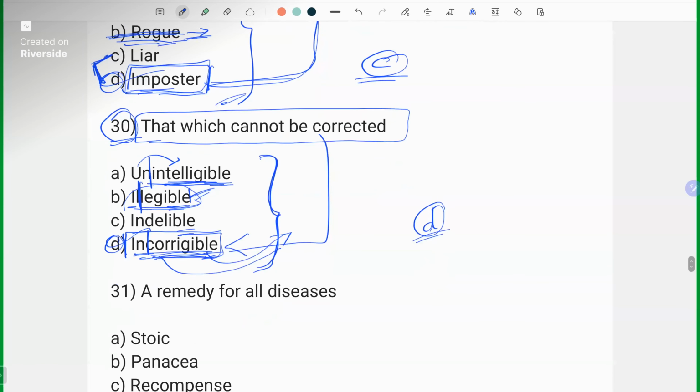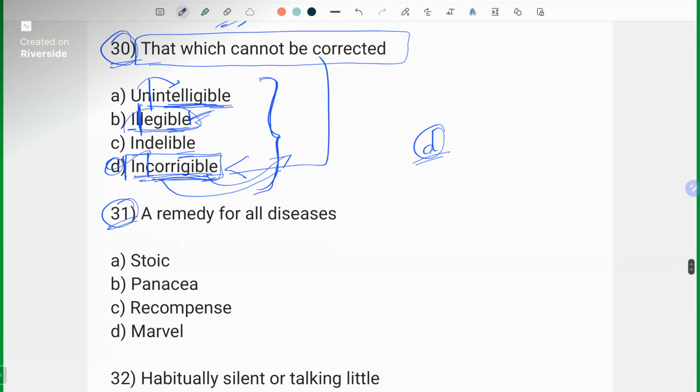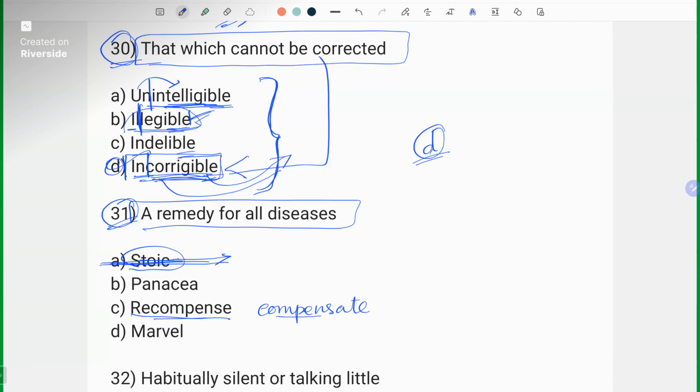Remedy for all diseases. Give me a minute. A remedy for all diseases. What is the answer? We know what is stoic. Stoic இல்லை இப்ப கண்டிப்பா. Stoic na person who treats good and bad equally. That is stoic. Remedy for all diseases இங்க வரவே வராது. Recompense கொடுத்திருக்காங்க. Okay. Compensate அப்படிங்கிற வேர்ட் தானே நம்மளுக்கு தெரியும். இங்க compensateல இருந்து இந்த re என்ன repeated something, அந்த re எல்லாம் பெருசா consider பண்ணிக்காம compensate, that is the meaning, same meaning.